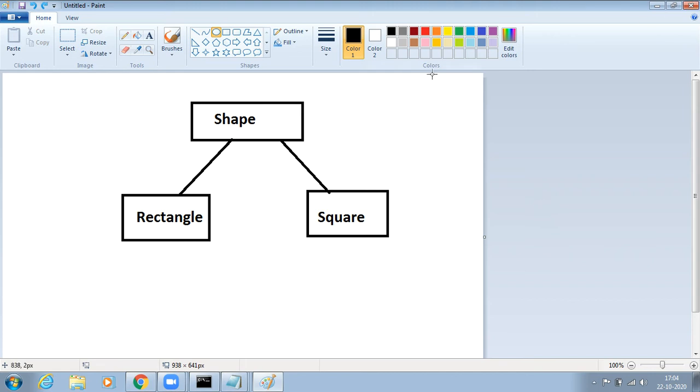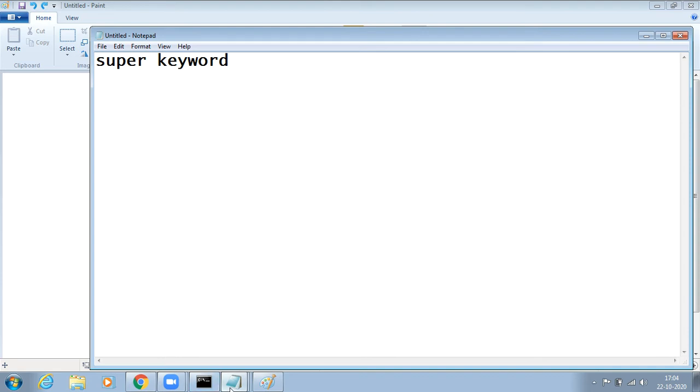Okay, what is a super keyword? We see now. What is a super keyword? I will take another simple example to give you the illustration here. The super keyword is related to the this keyword we learned in an earlier video. These two have some basic and very important differences. See, the this keyword is generally used within a single class, and the super keyword is used between two classes.